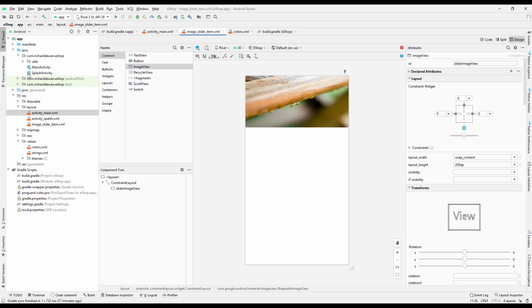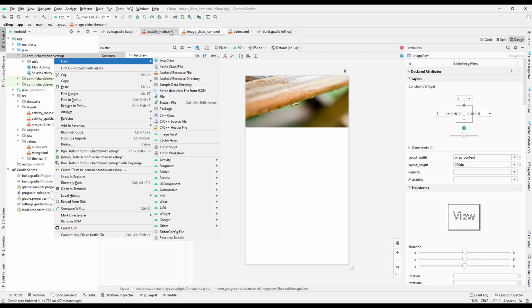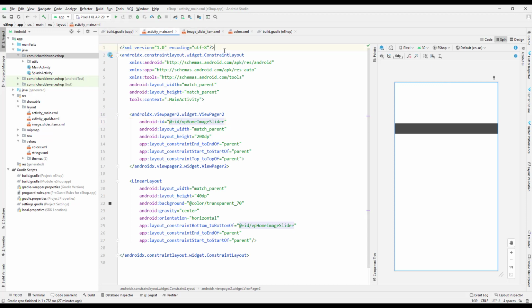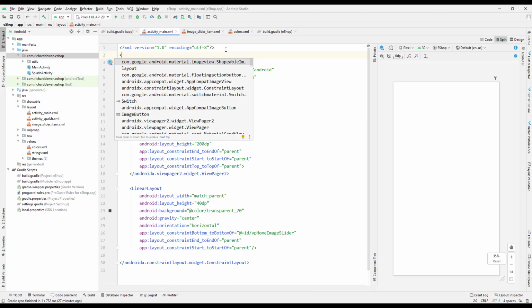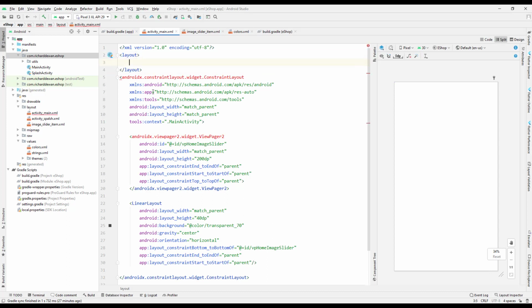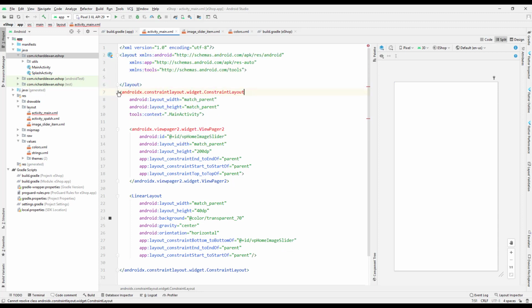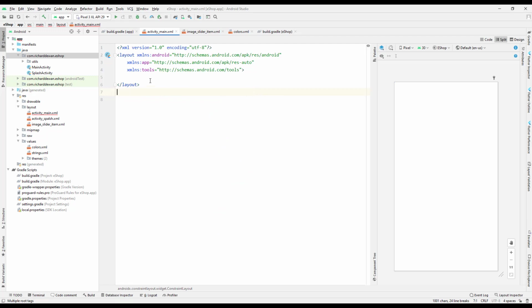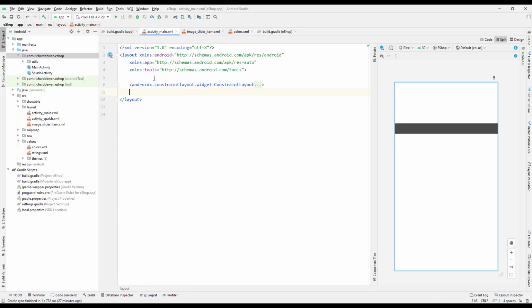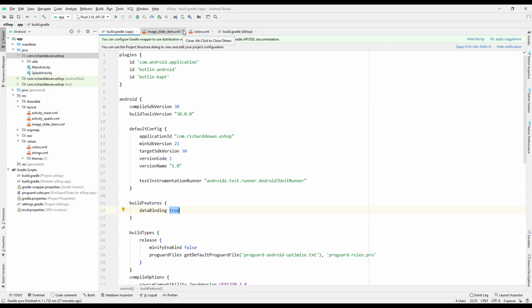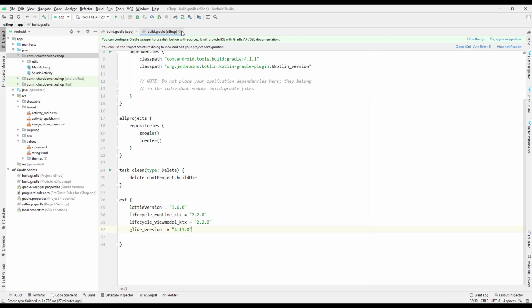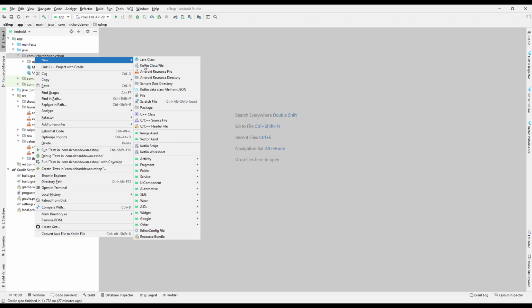So next is we will build up our UI. And if I go to the activity, did I enable? Okay, so I haven't enabled the data binding. I'll enable data binding over here too, and just cut this section and paste it to the layout. And for this constraint layout, just cut this and paste it inside this layout. Okay, so we got that one. So next, let me close all of this, and I will create one more package over here and call it